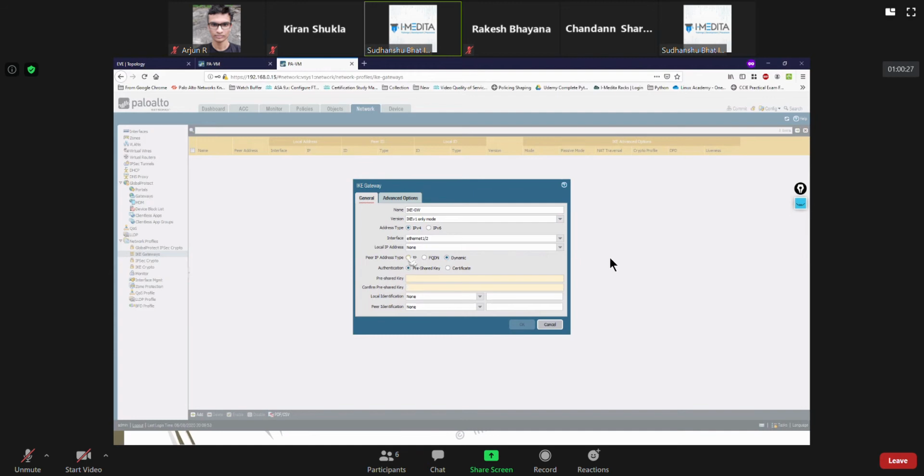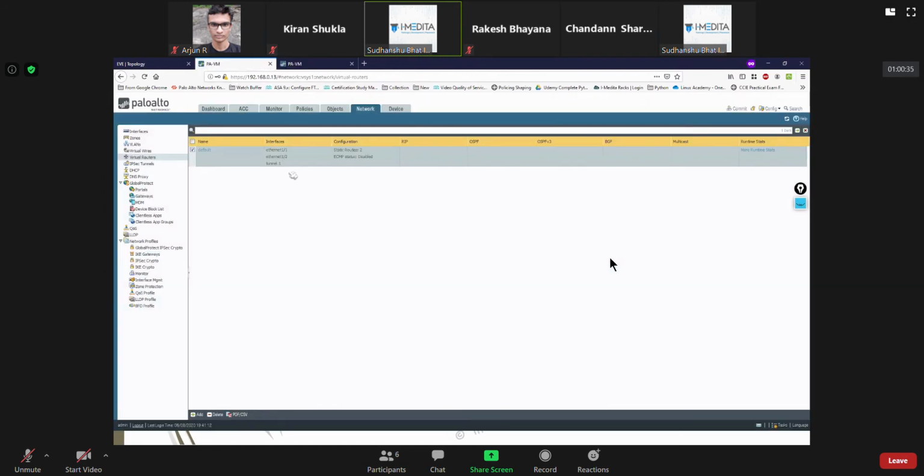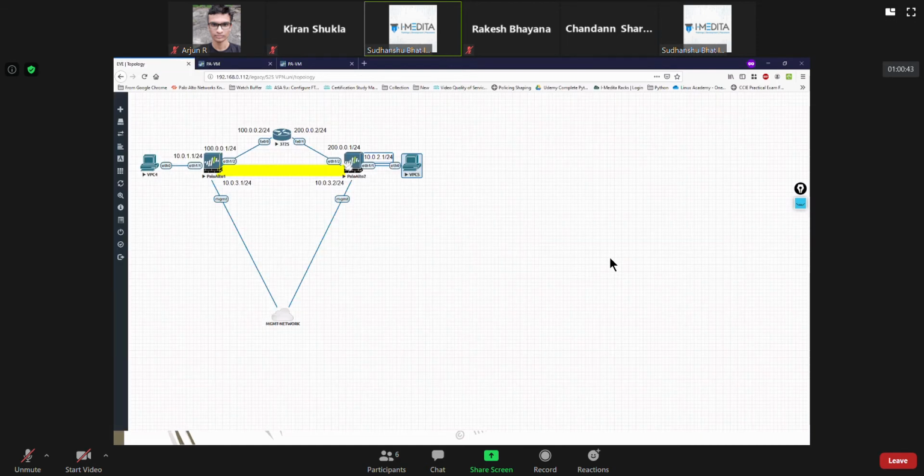So the IP address is not static, because the one who initiates needs to know about the other one. Like Palo Alto 1 needs to know the IP address of the other one, but Palo Alto 2 will not know Palo Alto 1's IP address. Whoever tries to establish a VPN tunnel with it, it's going to work.